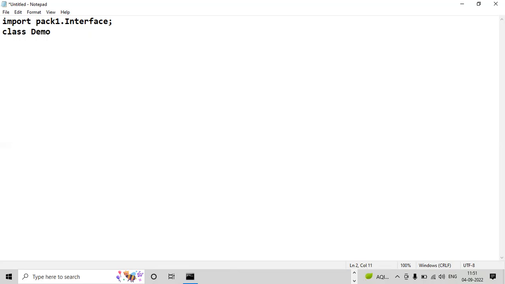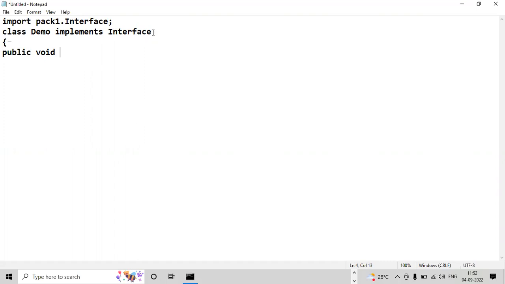Now, a class in that, because a class can implement that interface. Class demo implements, what is the interface name? Interface. And now here we will implement that. While implementing, you have to put public, right? Public void. Public is mandatory. I have shown you during interfaces. Public, don't forget, in interface also I am covering.